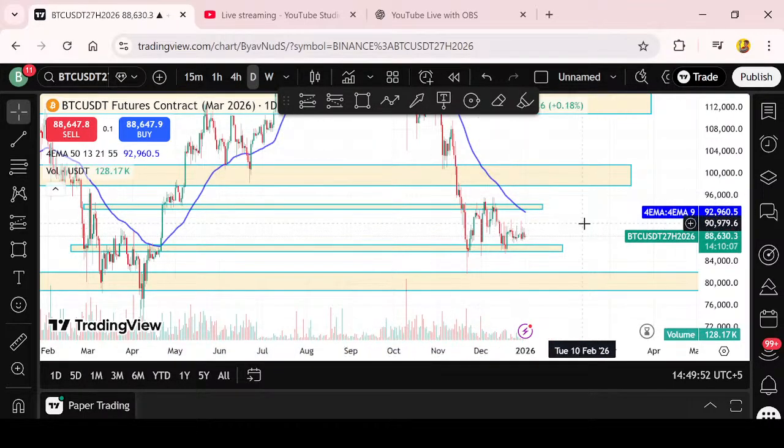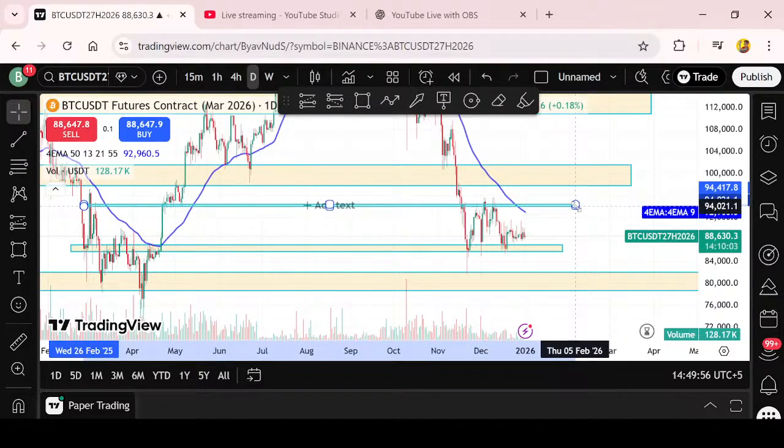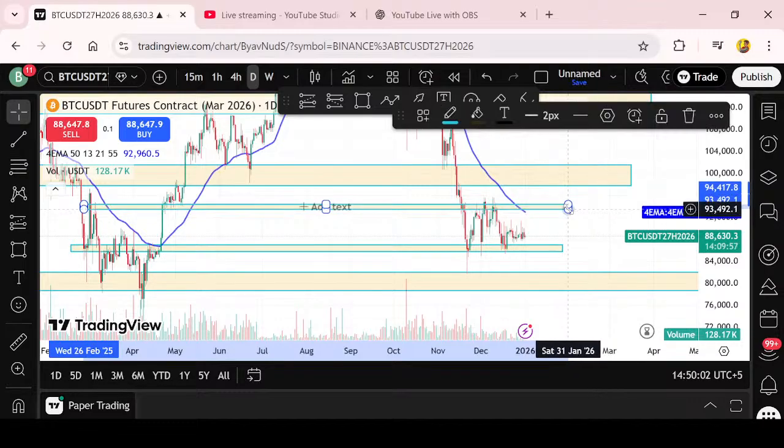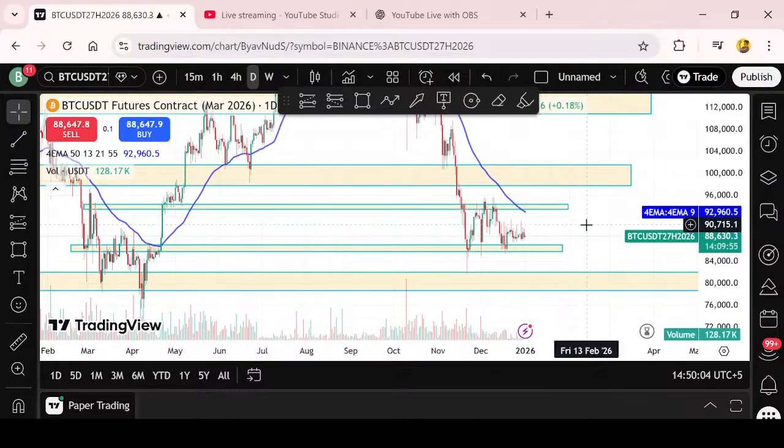Now we have marked our levels. Okay, these are two levels on the data frame. Now we will move on to the next thing, which is called,